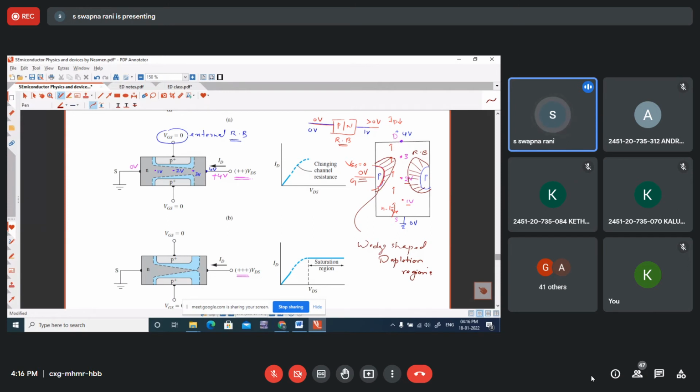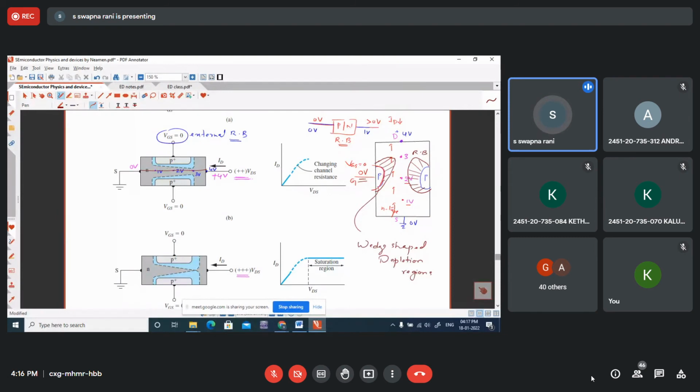Now we will come back to this figure. When the positive potential on the drain is further increased, the charge carriers moving from source to drain generate a current called drain current. So when this current is flowing through the channel,